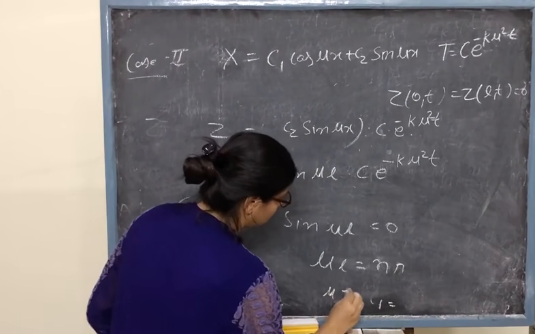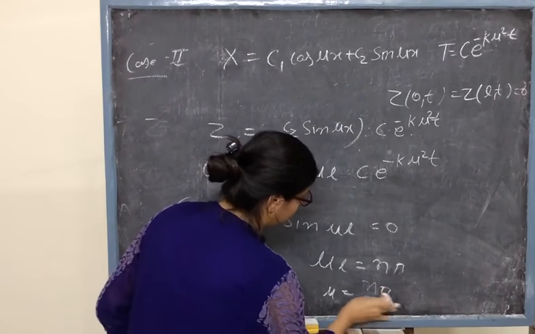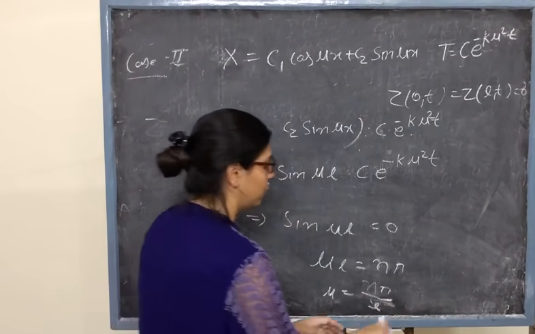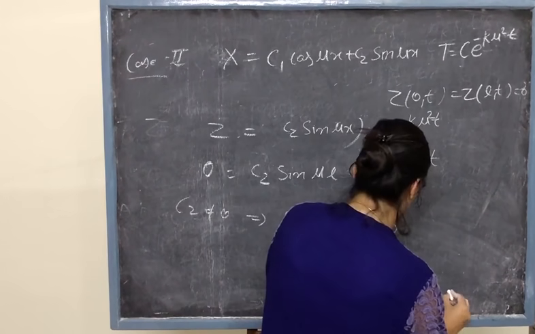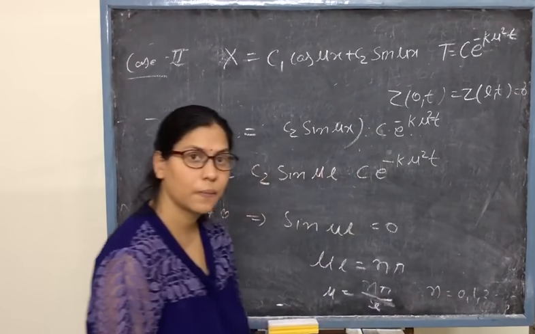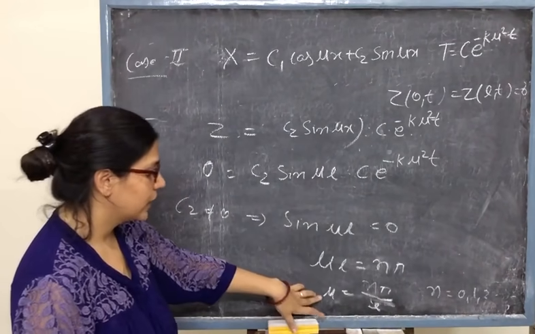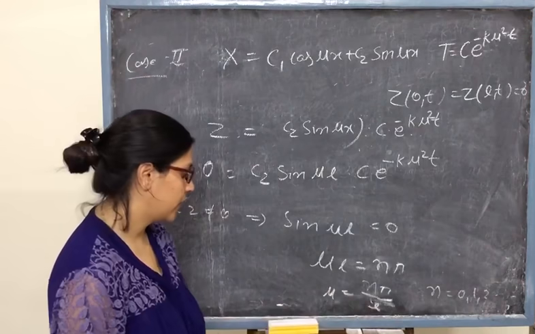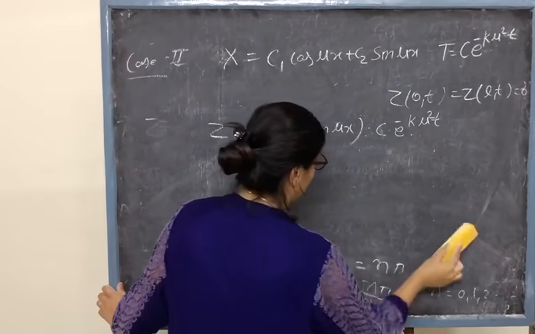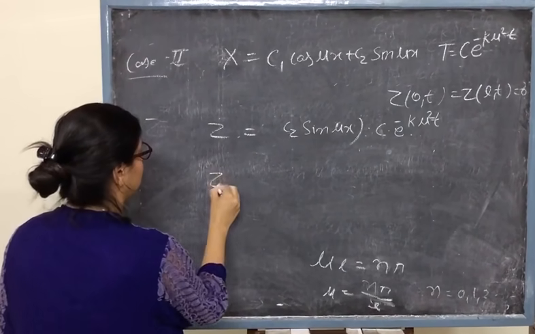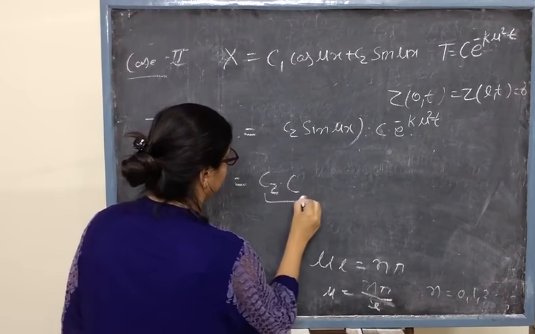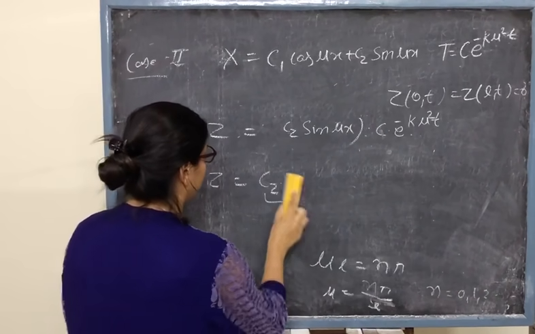We can say mu equals to the value n pi over l for all n equals to 0, 1, 2 and so on. So here we will get mu equals to n pi over l. So what will our solution be? Putting here mu equals to n pi over l, z equals to c2 and this is c. We can merge this c2 c into a new constant. We can write this as